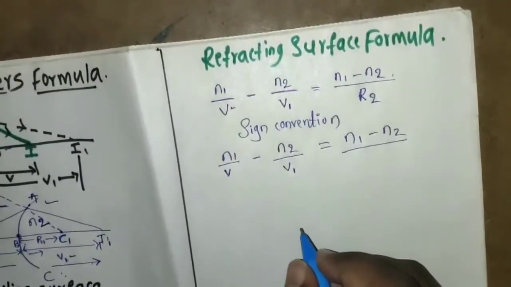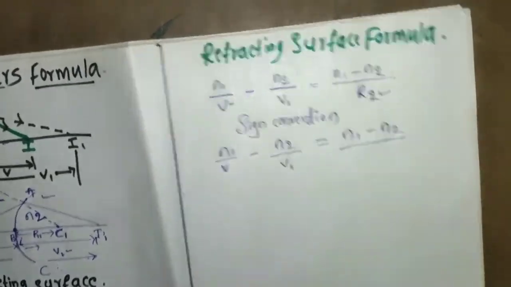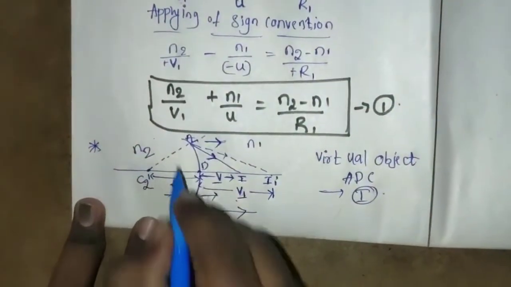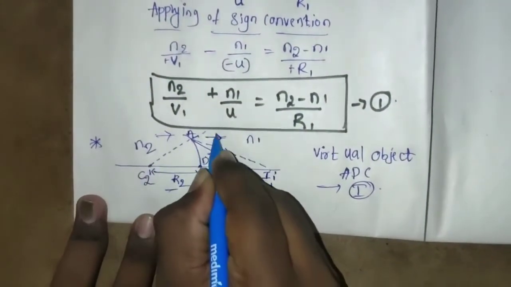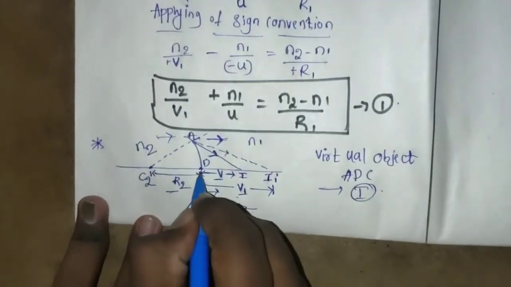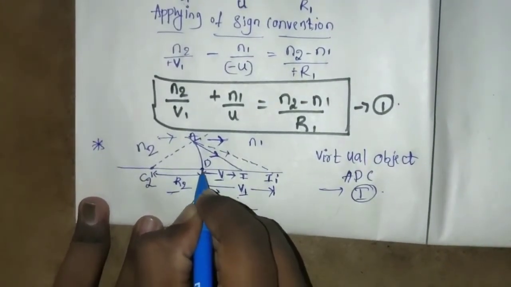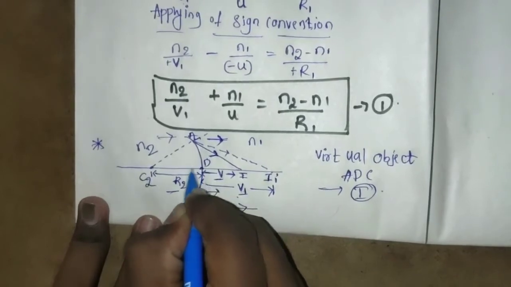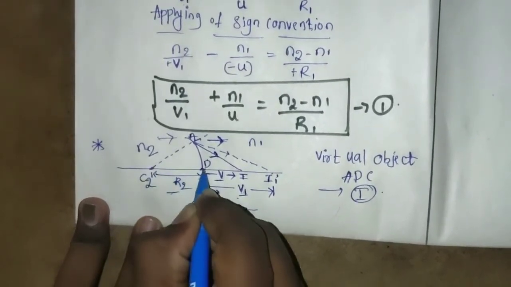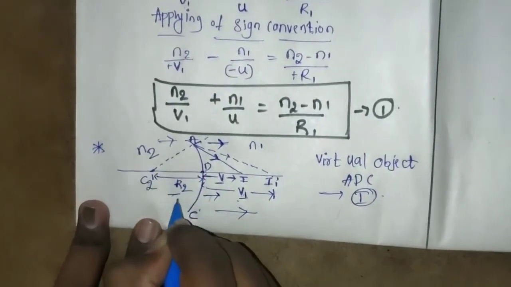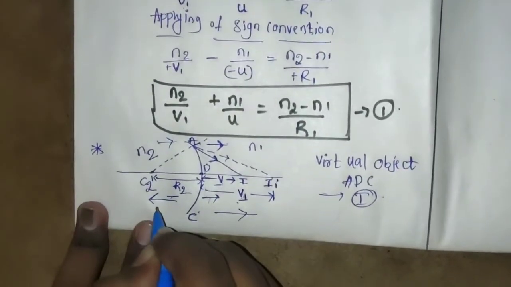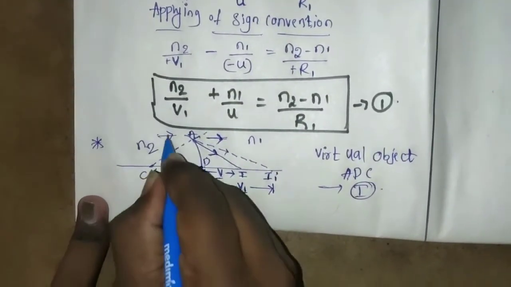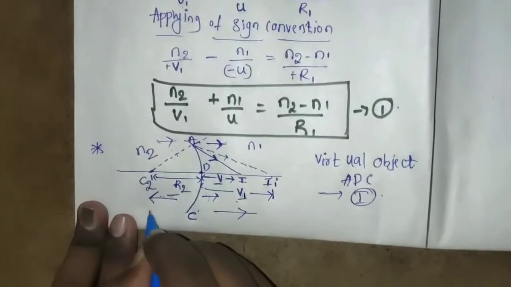Now we will see the sign convention for R2. See here, this is the direction of the incident ray. Initially I told you the sign symbol, but the measurement of the radius of curvature is taken from D to C2. See here, my hand is moving from D to C2. This is the direction of measurement of R2, that is, both are in opposite directions, so take it as